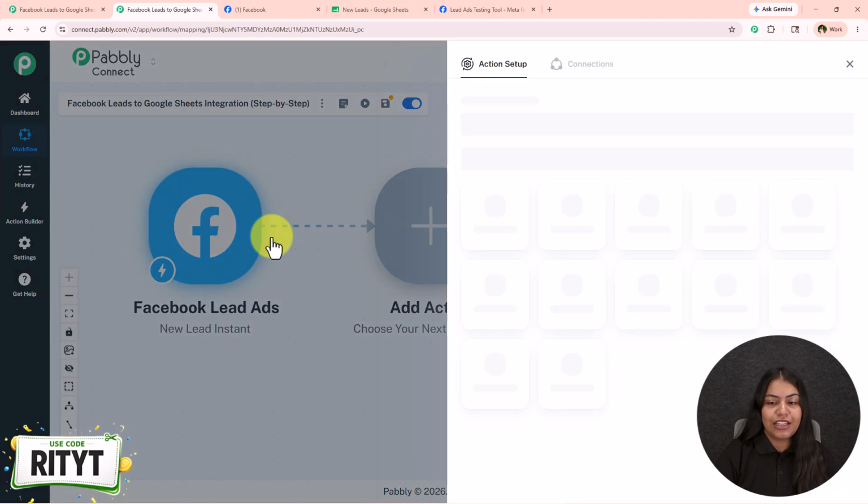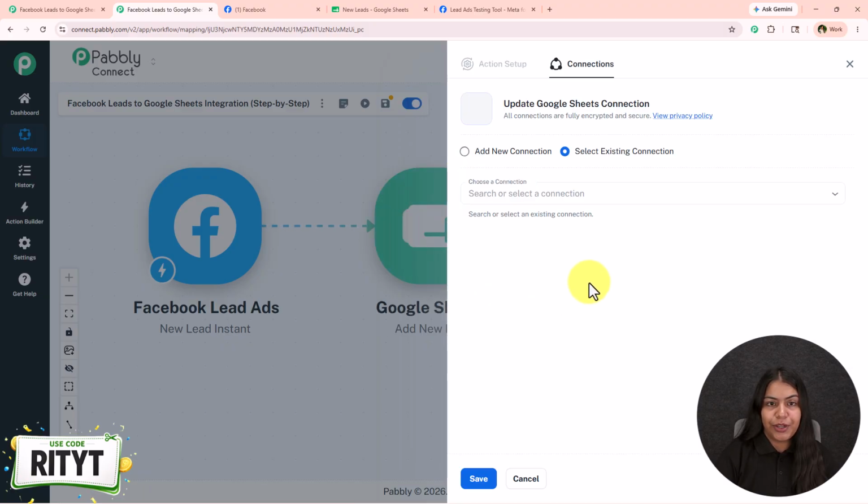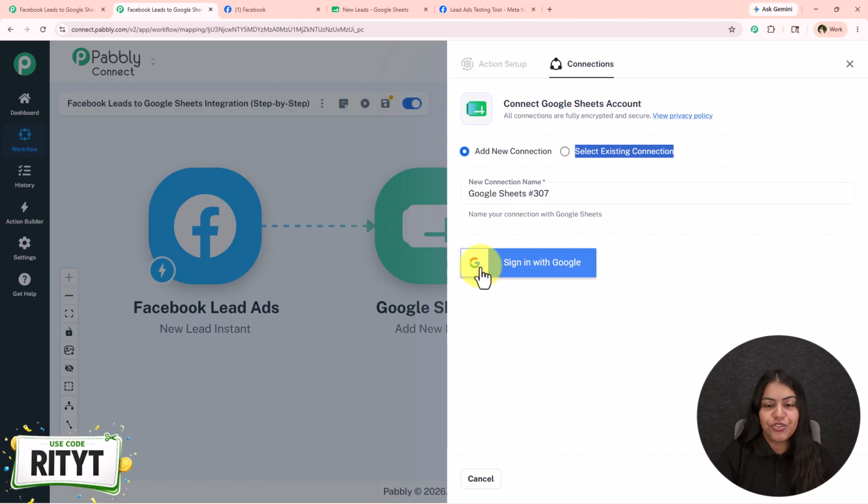For that, click on this add new action step and choose Google Sheets. For the event select add new row and click on this connect. Now if you have already created a connection between Google Sheets and Pabbly Connect, then click on this select existing connection and then save. But if you haven't, follow me, click on add a new connection and then sign in